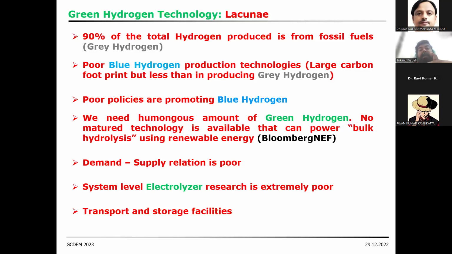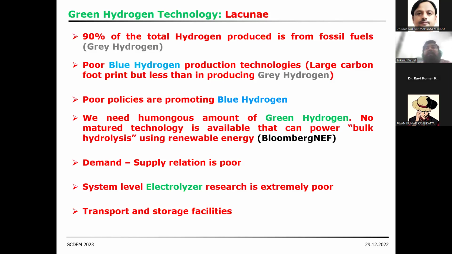But if you see the life cycle of the blue hydrogen too, there is still a carbon footprint, but luckily there are technologies where you can capture the carbon and then reuse it in some other system. That way blue hydrogen is acceptable. But green hydrogen, of course, why many are not promoting or not investing is because this can be disruptive and investment already made producing gray hydrogen, blue hydrogen may be wasted.